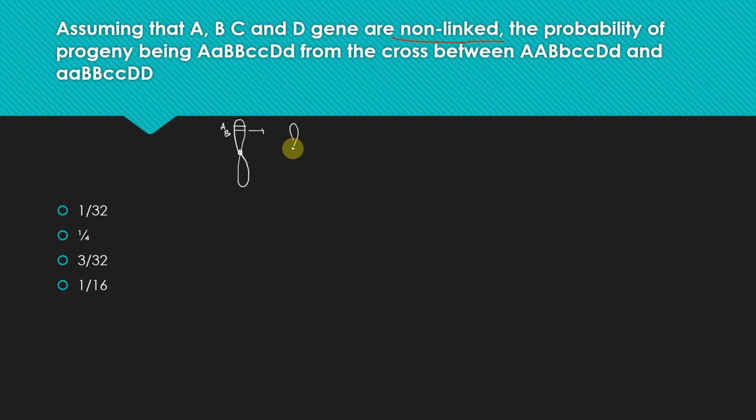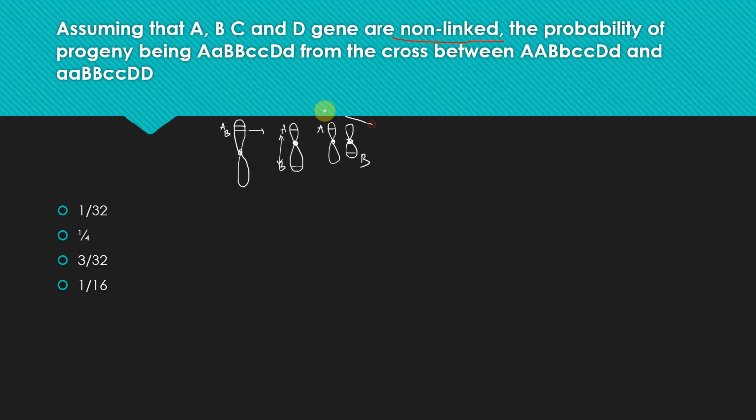Now let's take another case. This is the chromosome, and let's suppose gene A is present here and gene B is present somewhere here. So they are present far away from each other, right? And let's take one more case over here. Let's suppose these are two different chromosomes, and gene A is present on this chromosome and gene B is present on this particular chromosome. So here also they are not related, they are not present near each other, they are far from each other, right?